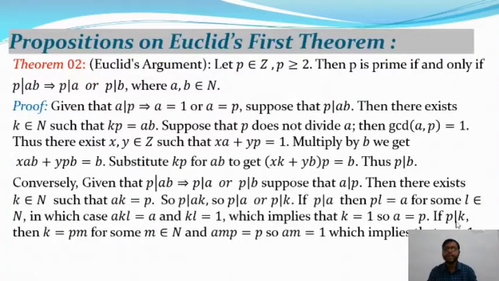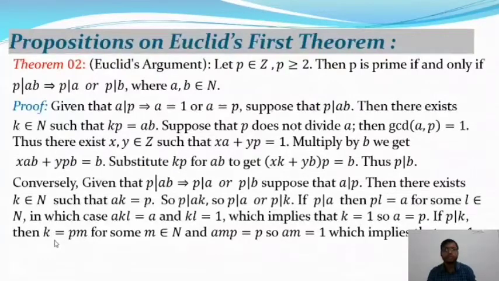And if P divides K, then from the division algorithm, we will get K is equal to P into M for some M belonging to N. Now multiplying by A on both sides of this equation, we will get AMP equals A into K, and then substituting AK is equal to P in the above equation, we will get AMP equals P, where first of all we will multiply by A